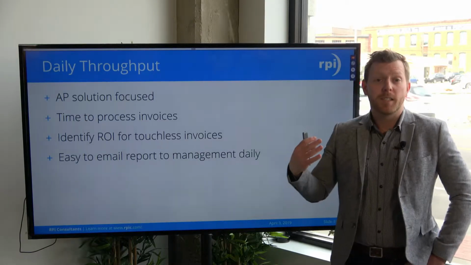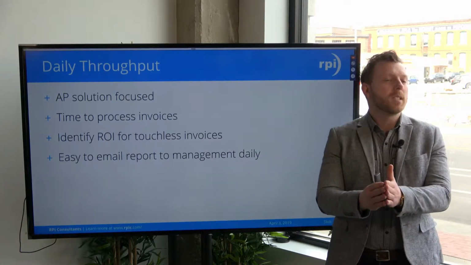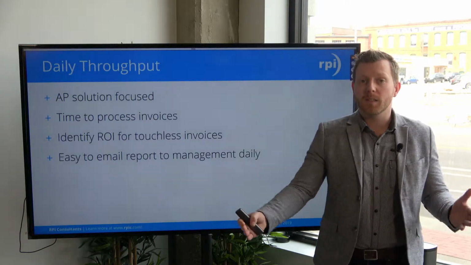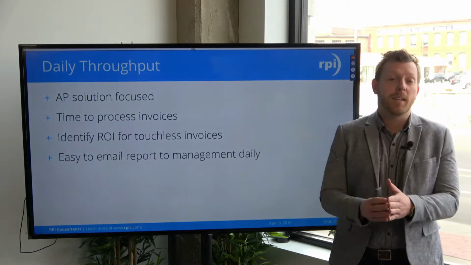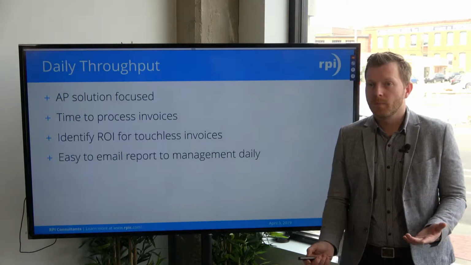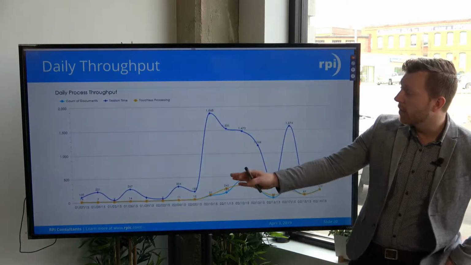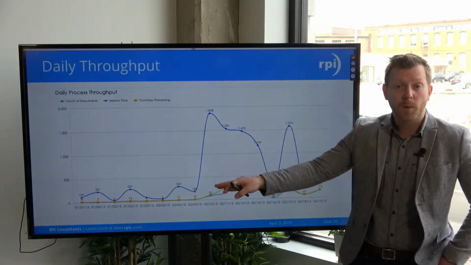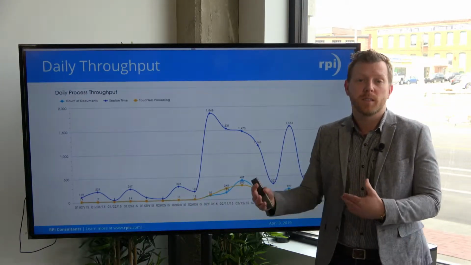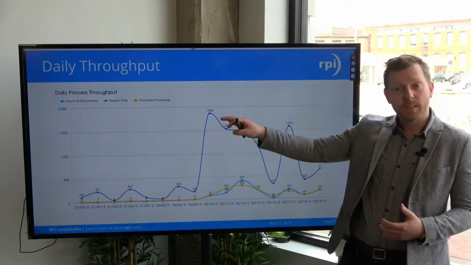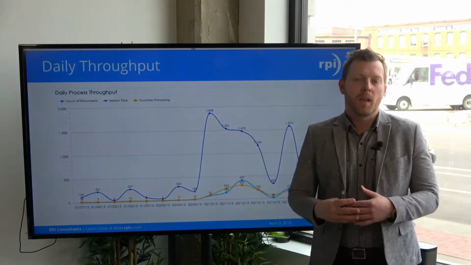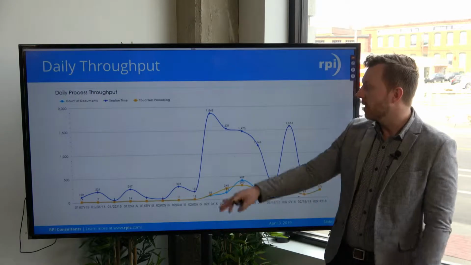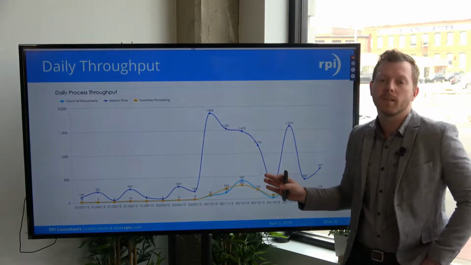Another good report is just the daily throughput. So essentially you take a snapshot of a timeline, so it can be that day, or over a week or over a month, but essentially you're trying to identify how long it takes to process an invoice through your system. If we take a look at this report itself, you can track the metrics on a day-to-day basis, or a week-to-week basis, on how many invoices you're processing through your system and how long it takes to get an invoice processed. So maybe you get all of your invoices at the first of the month or the middle of the month, and you see an influx. And how long does it take to get them through your accounts payable solution?